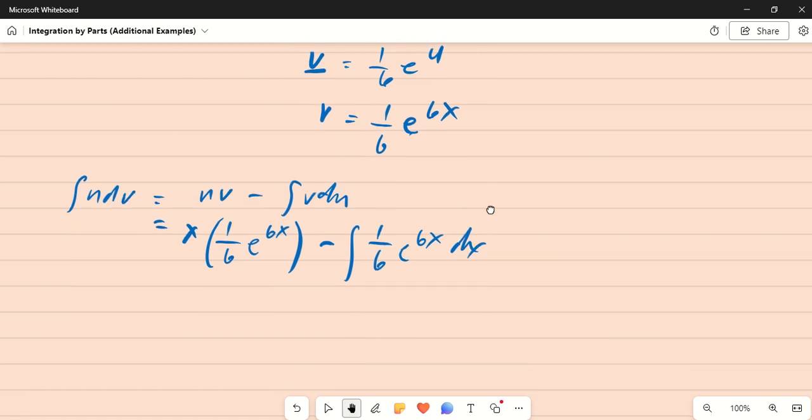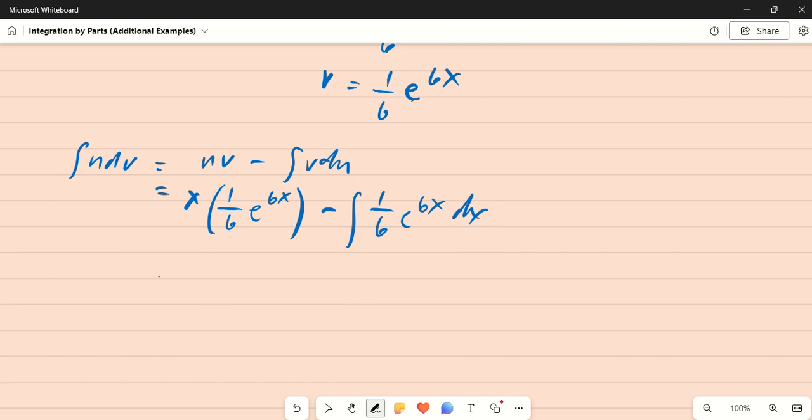Okay, then after that, you simplify. You'll be having x e raised to 6x all over 6 minus 1 over 6, you factor out the constant first, times